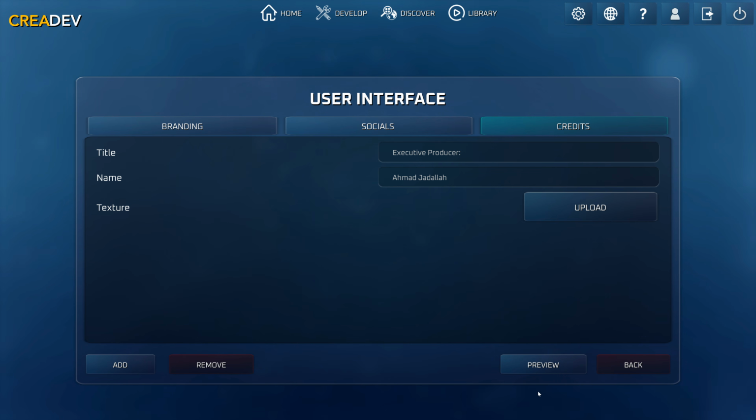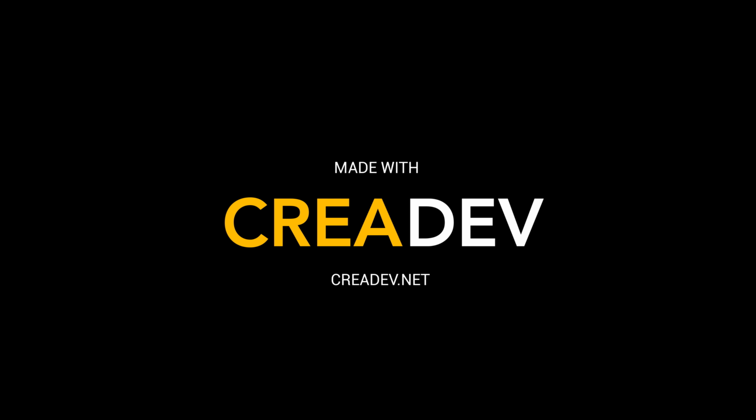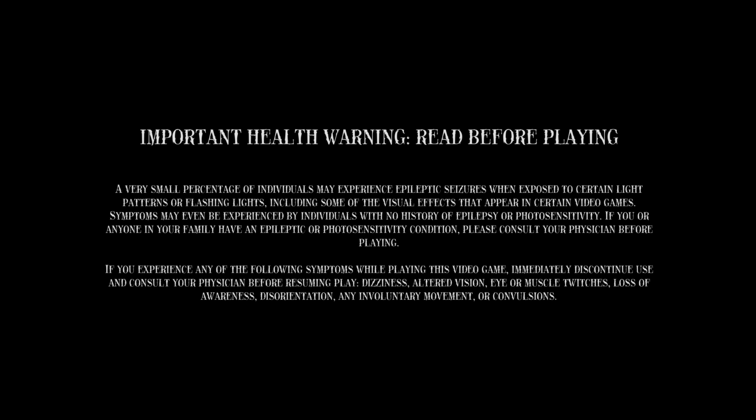And with that, I can also add textures, so logos for entities, for example. So now if I click preview, this is what the end player is going to see when they launch my game. So here's the made with Creative, here's your company name in this case, here's the mandatory epilepsy warning that you usually see on console titles, here's the title screen,